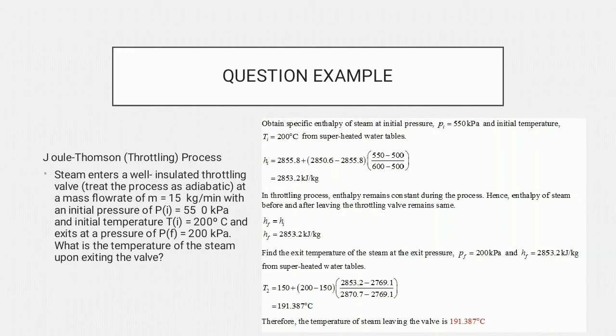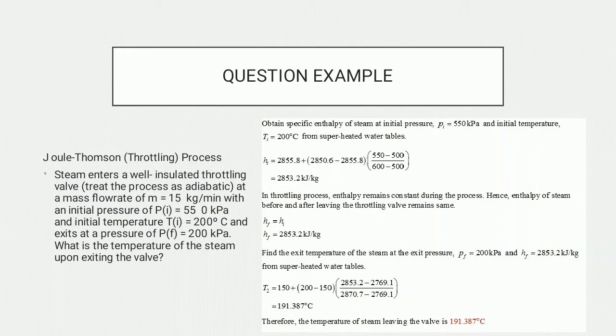First step is to obtain the specific enthalpy of steam at initial pressure 550 kPa and initial temperature 200 degrees Celsius from superheated water tables. There you'll get 2853.2 kJ per kilogram. In a throttling process, enthalpy remains constant, hence the enthalpy of steam before and after leaving the throttling valve remains the same, which is h1 equals h2 equals